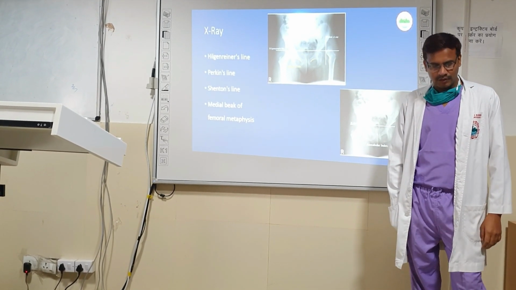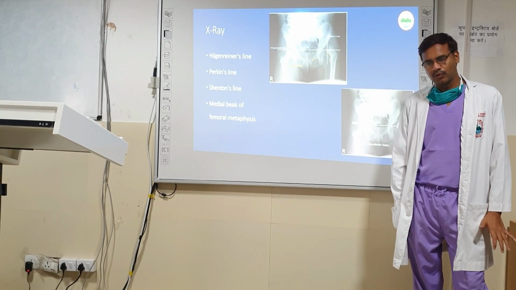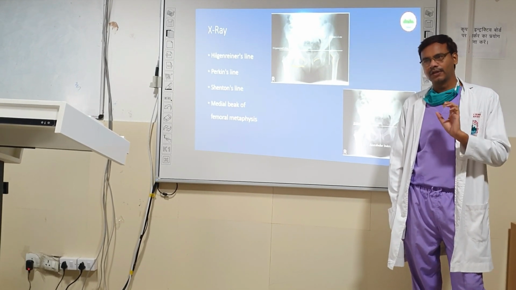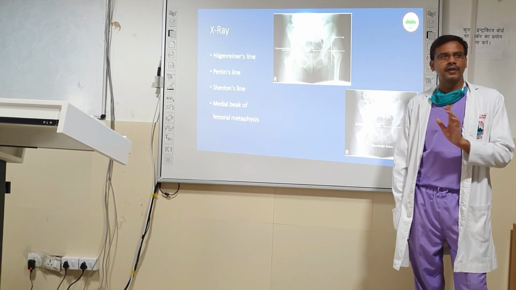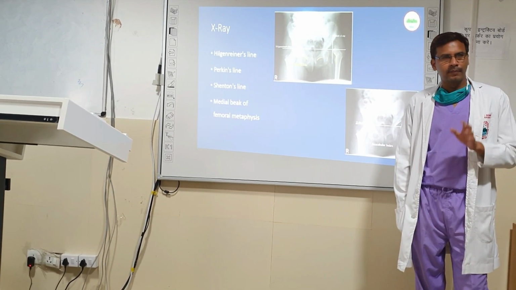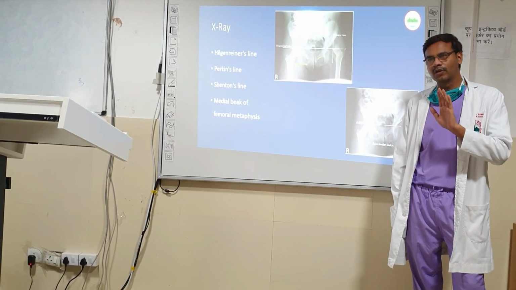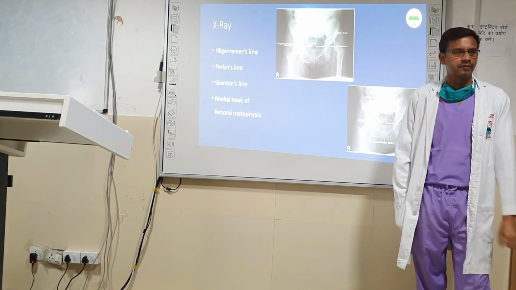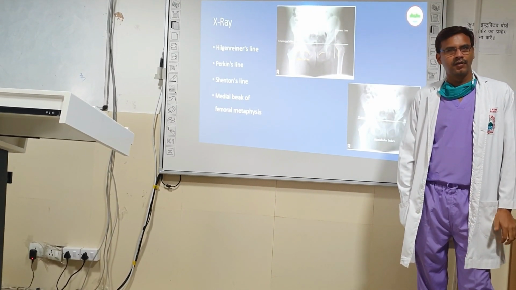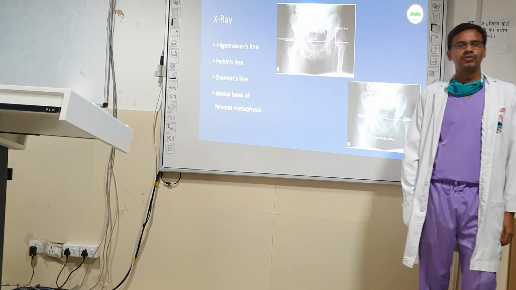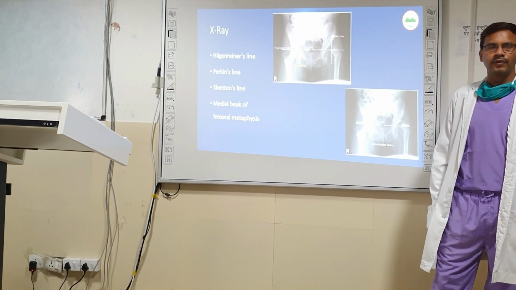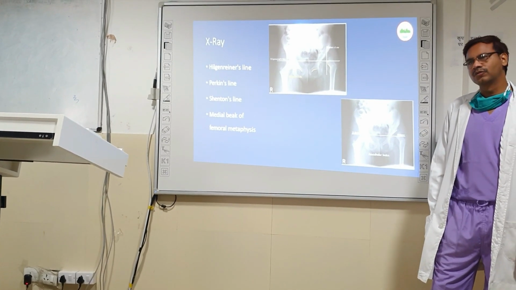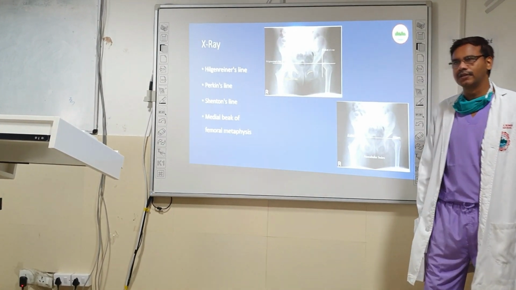So when you are almost sure that clinically I am dealing with a case of DDH, only one thing which is required is an X-ray. But mind you, X-ray is not very important or useful under 6 months of age, because the capital femoral epiphysis usually starts appearing after 6 months of age. Before that, it is completely cartilaginous.